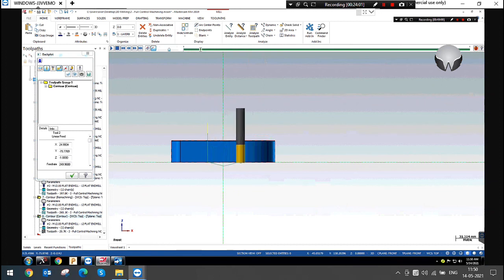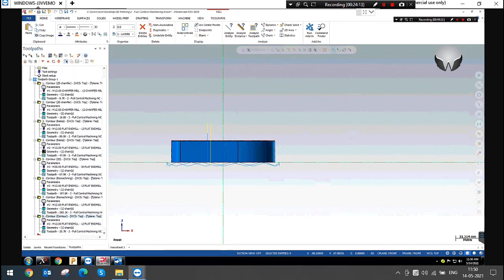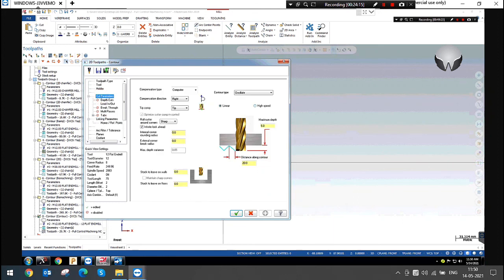You can see this. Yeah, this is oscillate motion to finish outer. In this case, you need the flute length high. So if you give the high speed machining, it will go with the arc.